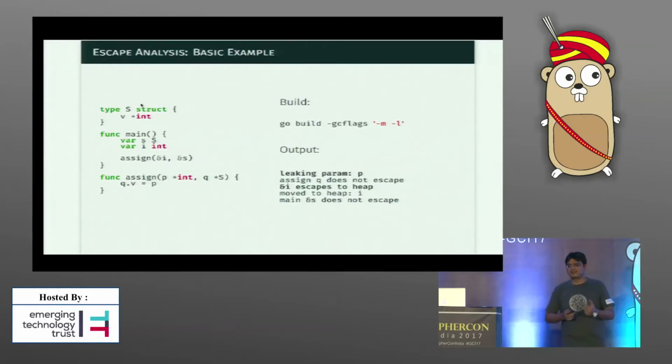I pass -l here to disable code inlining, but when you actually build real code for production, you should not do that, because inlining is a very efficient way to speed up your program. But for this particular case, it also generates a lot of text output, so I just disabled it. Okay, the interesting thing here, which I pointed out in bold,